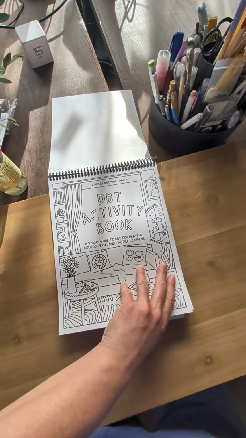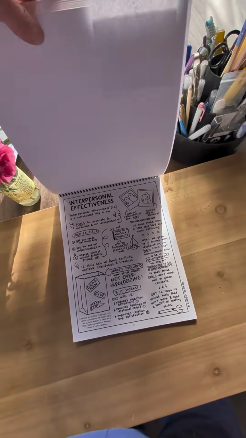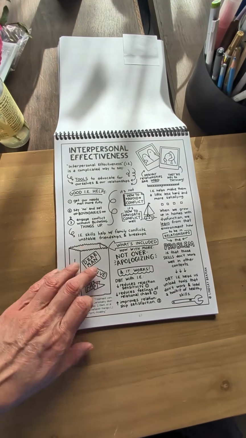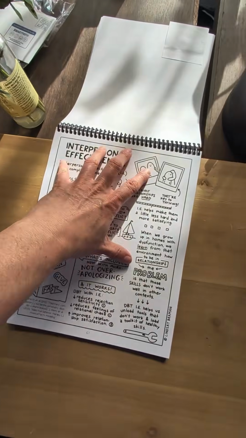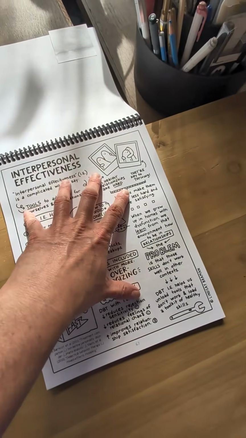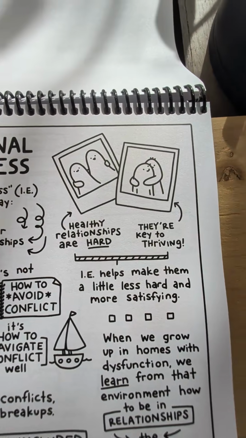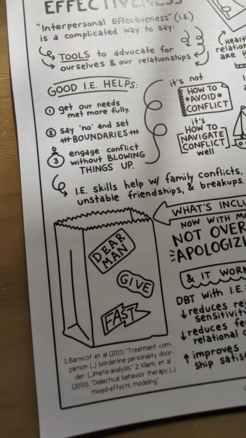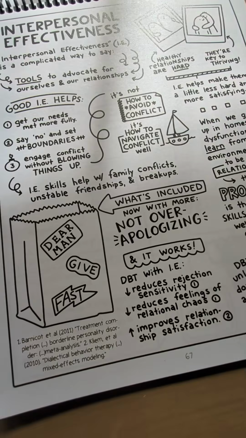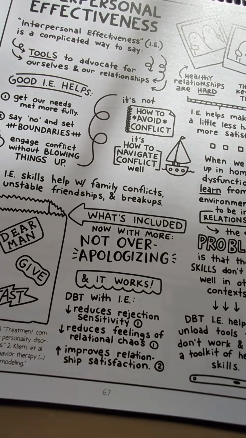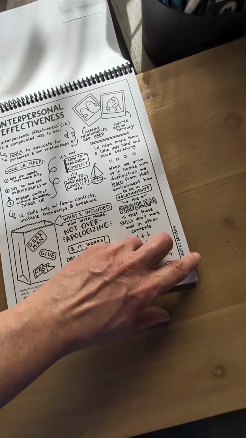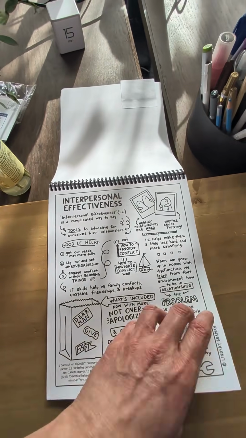Since I've done a flip through of the whole DBT book and other videos, I'll keep this pretty short, but I just wanted to show you a few pages from the interpersonal effectiveness section. Every module of DBT is introduced with a sketch note instead of a big text block. So you get pictures, you get the concepts represented in images, and then also I try to be funny sometimes. So DBT interpersonal effectiveness is now with more, not over apologizing, which is a key idea in the interpersonal effectiveness